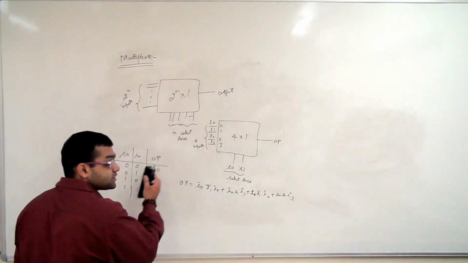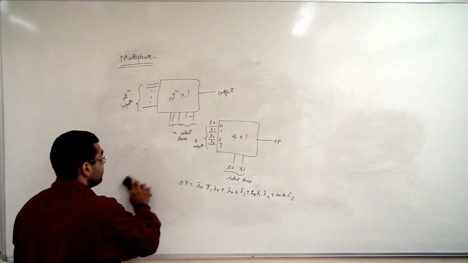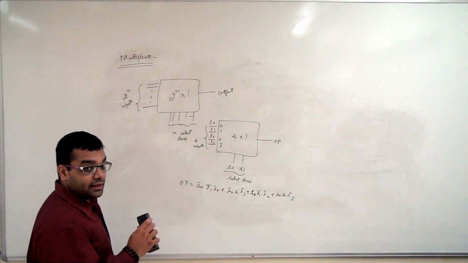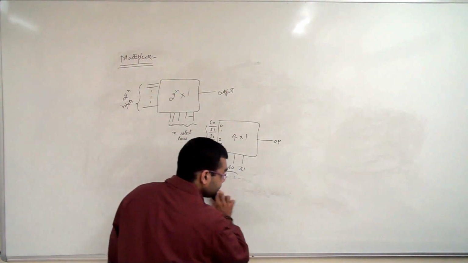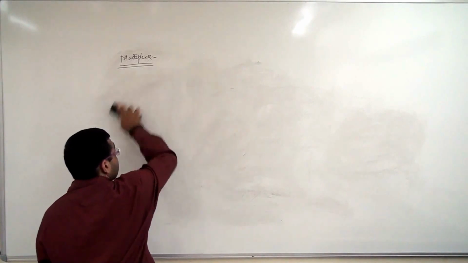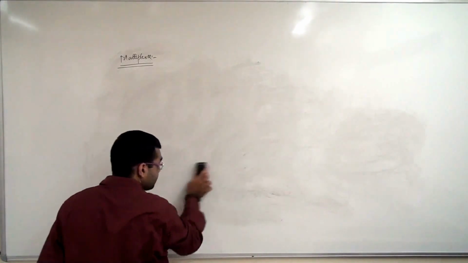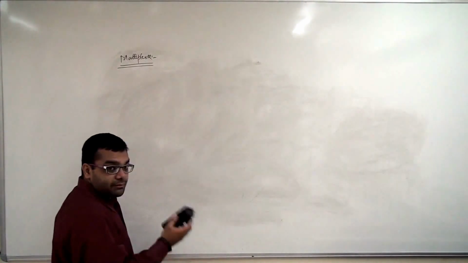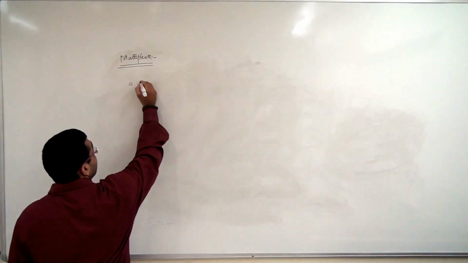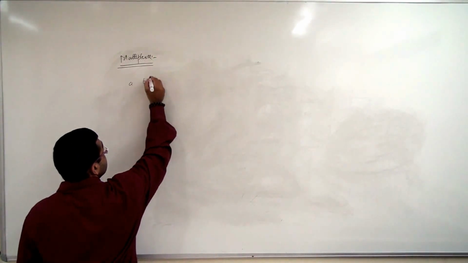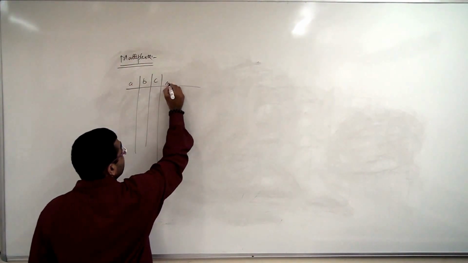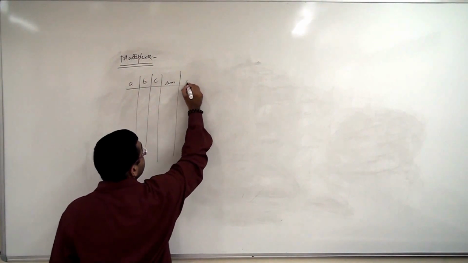So, what is the use of multiplexers? Multiplexers can also be used in the implementation of functions. How? Let us see. Let us for example take the case of a full adder. So we have 3 inputs A, B and say C, and we have 2 outputs, sum and carry.